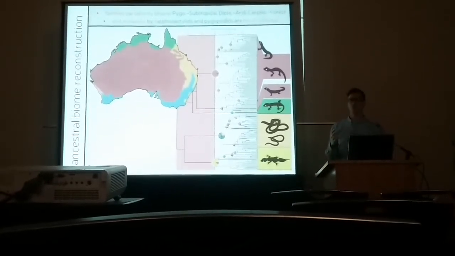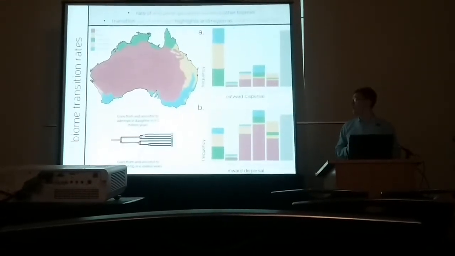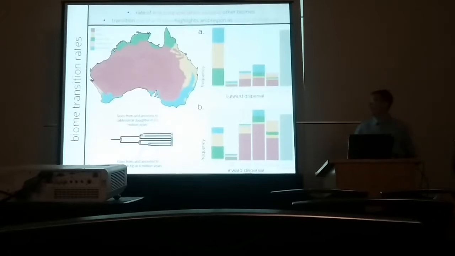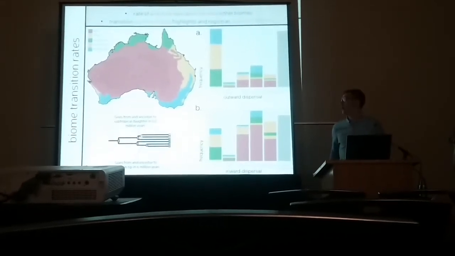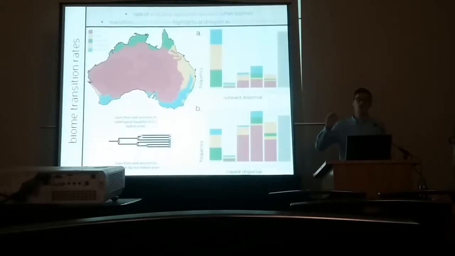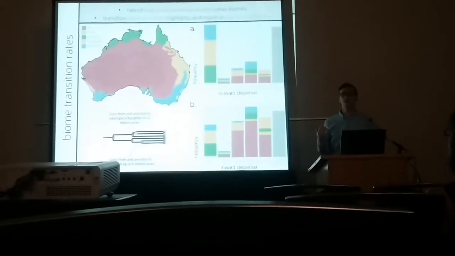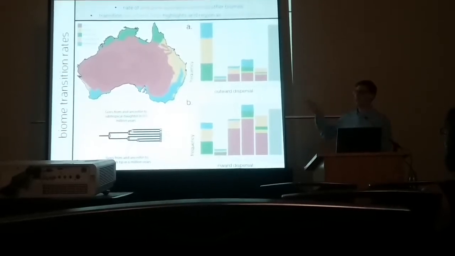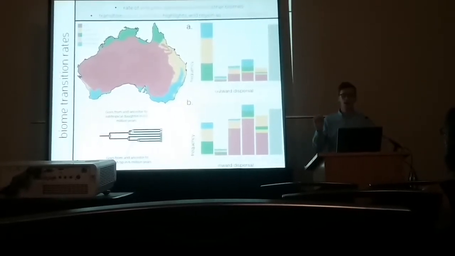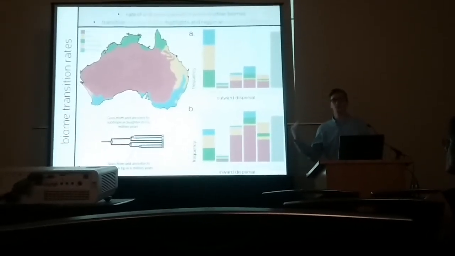But it also shows a certain amount of niche compartmentalization. While the arid zone has shown to be a bit of a sink for species richness in birds and freshwater invertebrates and fish, and mammals particularly, it's been a real boon for reptiles in Australia. And this is particularly evident in this group of geckos, in which the rate of speciation is increased in this arid zone, as well as the outward dispersal from the arid zone back into mesic biomes that were shrinking.